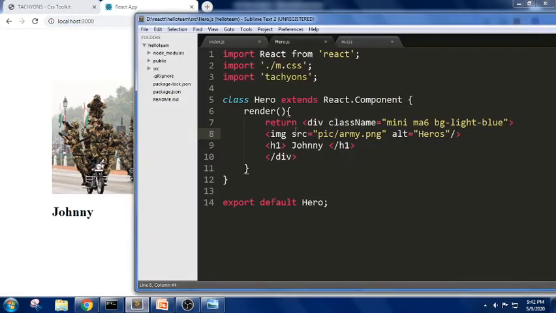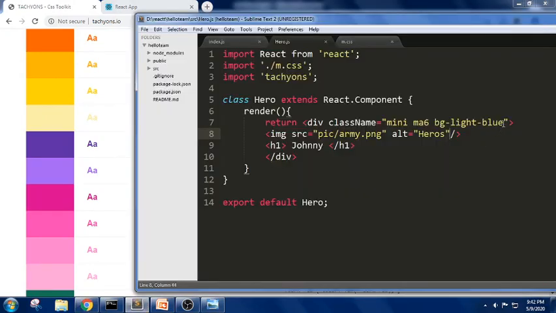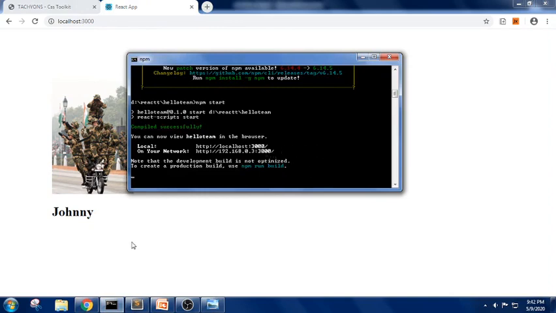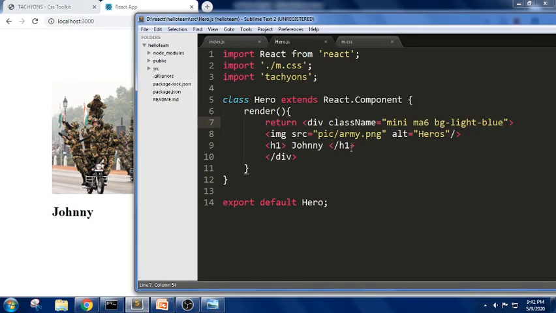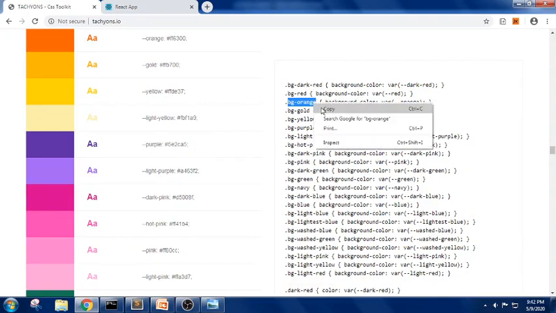We got this output. So we are not getting the blue color here. Why is it so? ma16. Yes, everything is right. bg-light-blue. Oh, we have written the same thing. Let me copy it. We are not getting any color here. Even though it has been imported, we are not getting any color here. So let me take any other color name. Let me take orange, or else bg-orange.